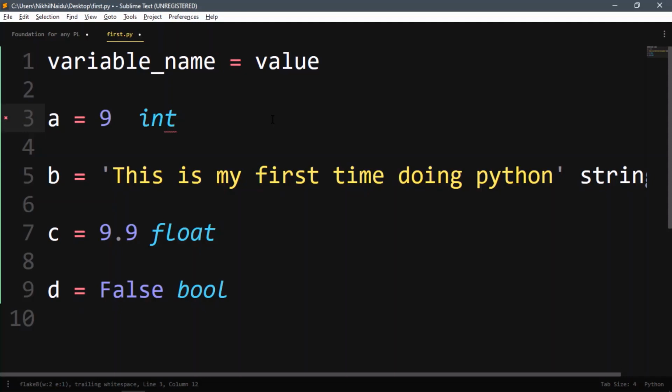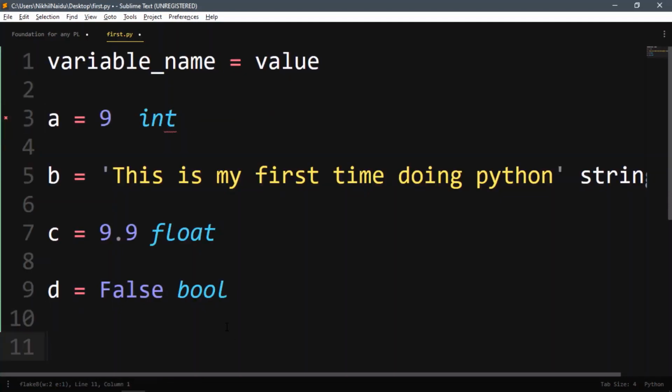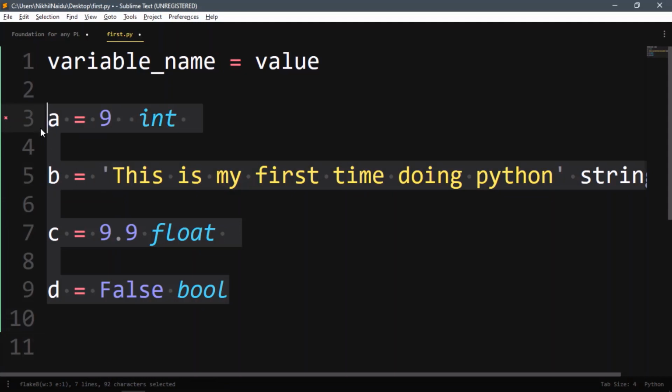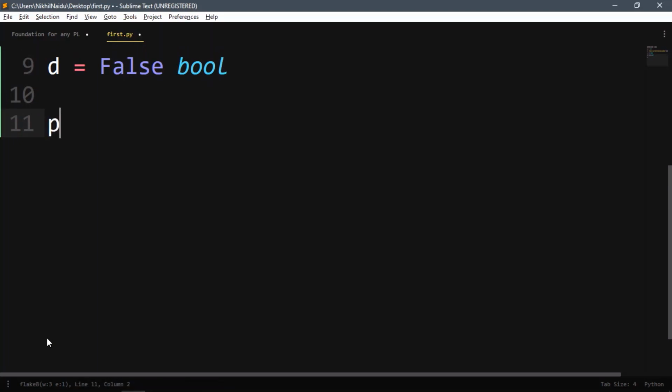Okay. We have seen how to declare a variable. So now we'll see how we could use this variable. It's like calling the variable. If we make something into existence, we will use it, right? It could be for entertainment, it could be for work, but we have to use it, right? We have created four things into existence and we will use them right now. I'm just using a lot of words, but it's the same way. If we create something, we'll use it for some work. So for right now, we'll just print all the things.